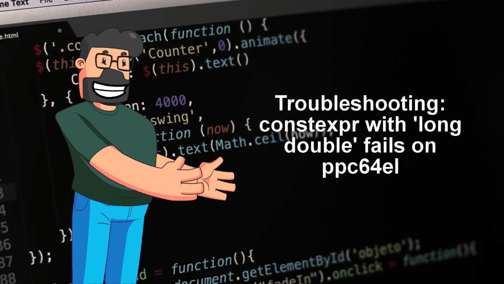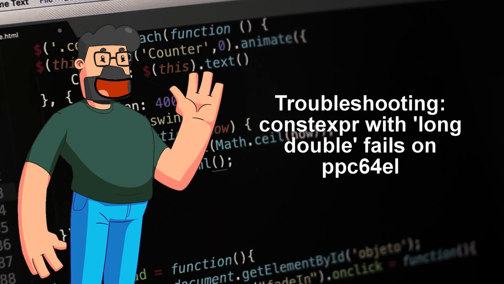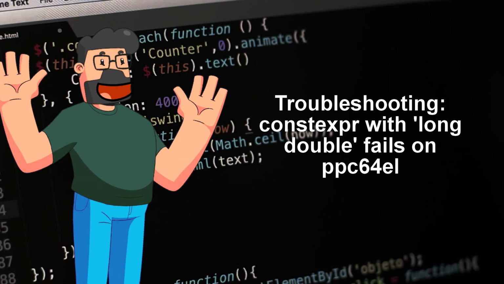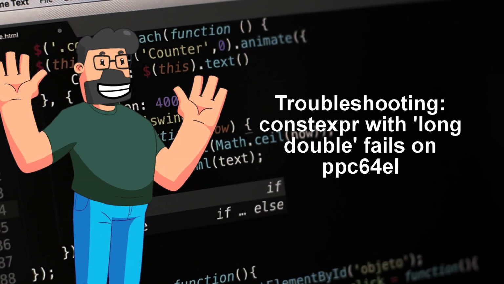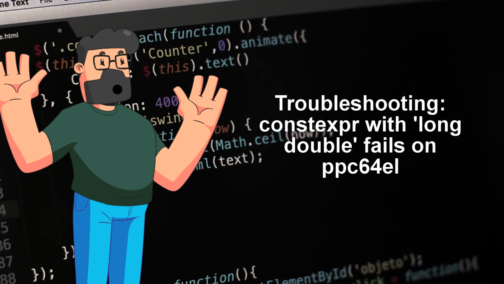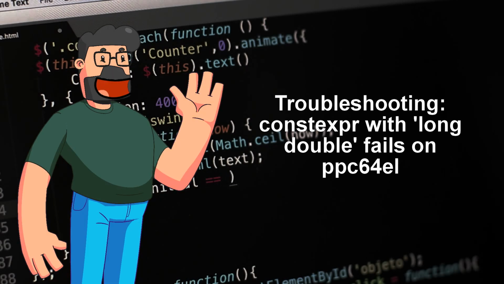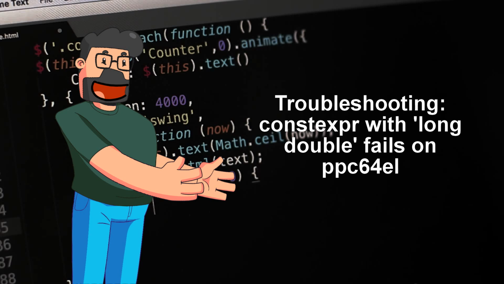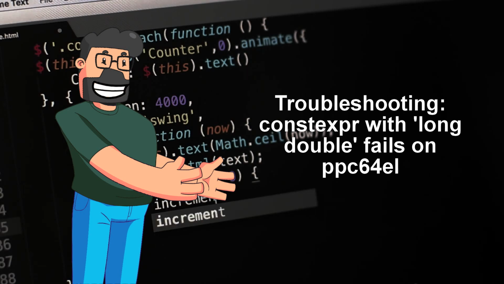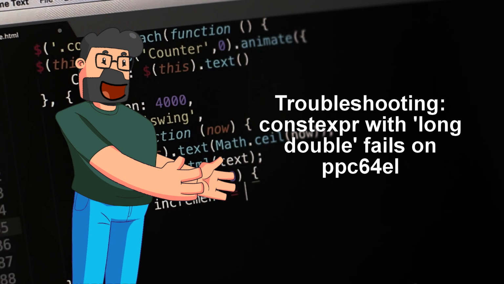The issue stems from PowerPC using the double-double type for long double, which doesn't adhere to the IEEE standard format. Essentially, the long double is stored as a struct with high and low double values, making it tricky for GCC to handle. The workaround is to pass the -mabi=ieeelongdouble flag to GCC, allowing it to navigate through the non-compliant format and process the constexpr without breaking a sweat.